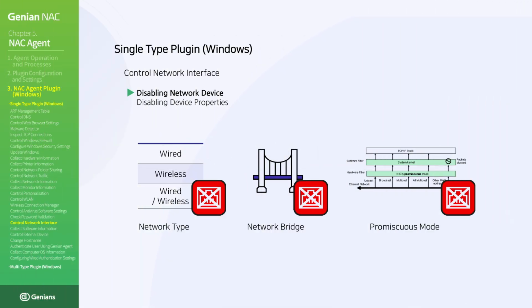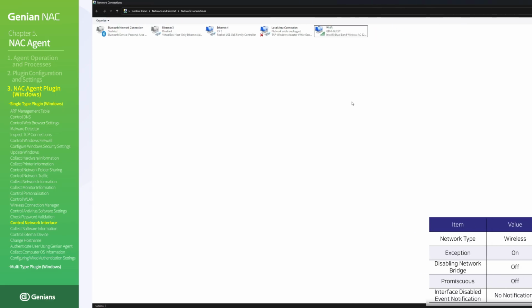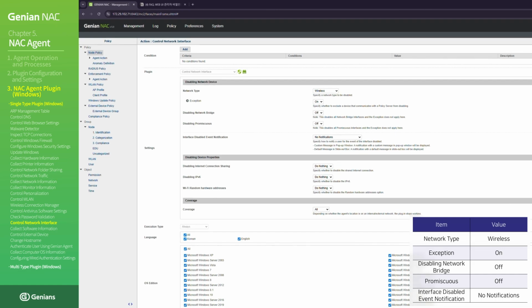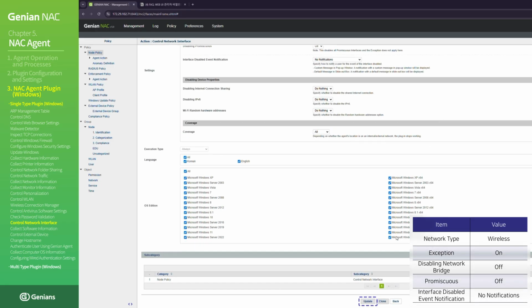The Control Network Interface plugin allows you to configure network device blocking settings and enforce network device properties. In the Network Device Blocking Settings section, you can apply blocking to interfaces based on their type or target interfaces configured with promiscuous mode. To control the network interface of a device using the Control Network Interface node action, the following configurations are required. After applying the configured node action to the device,